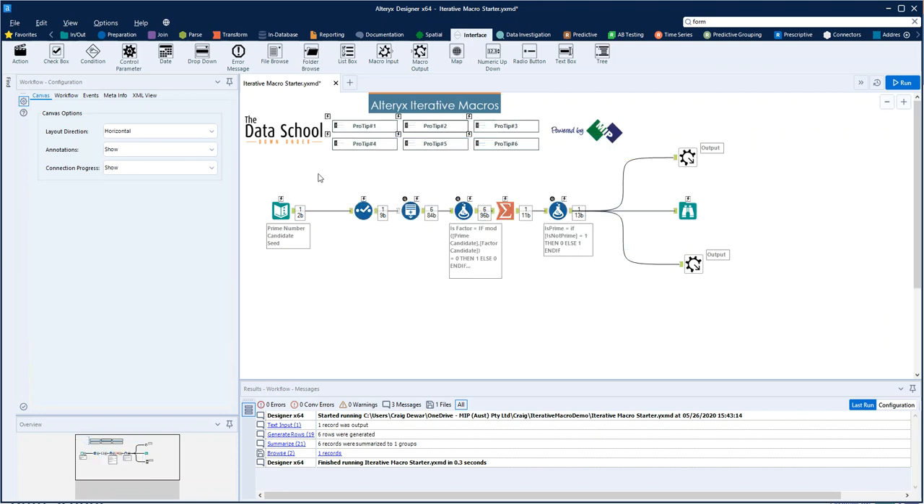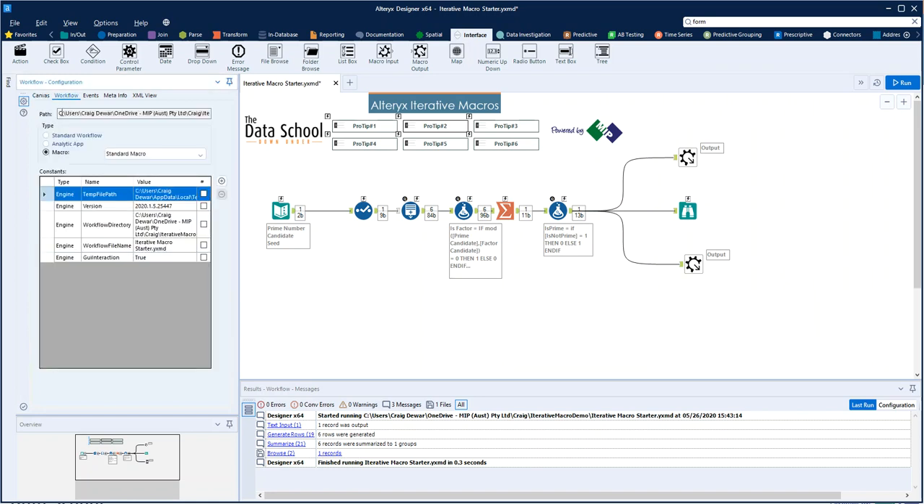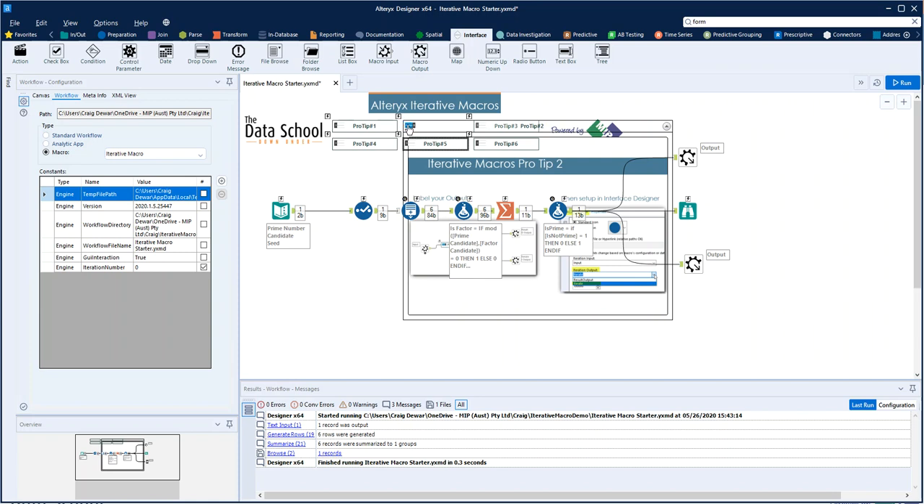If you click anywhere on the canvas, you'll get the workflow configuration. You click on the workflow tab, there's our macro, and we drop that one down, and hey presto, we've now got an iterative macro. So pro tip number 2 was